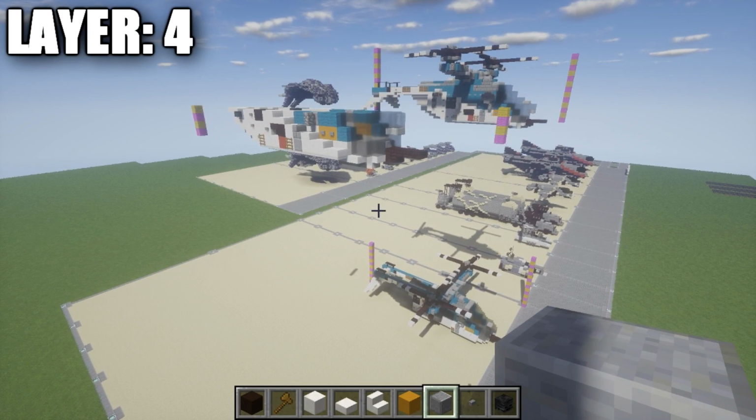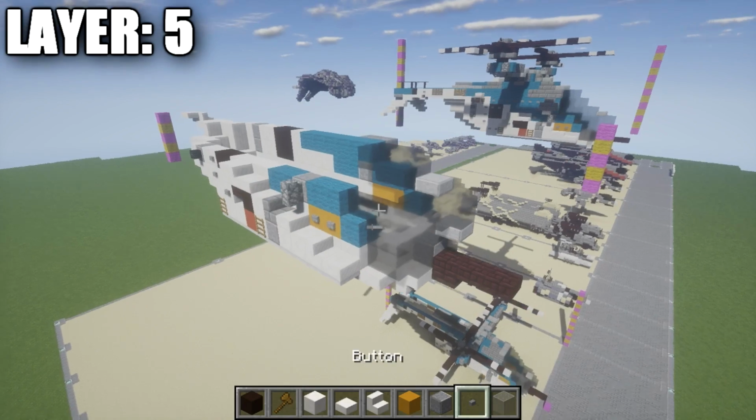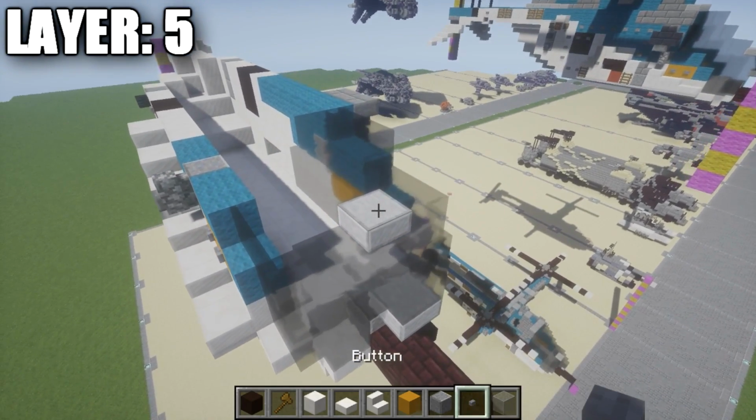And with that, we can go ahead and move on to layer 5. Alright guys, so moving on to our next layer here, we have layer 5. Now for layer 5, we're going to go ahead and start off by grabbing ourselves a stone half slab, and